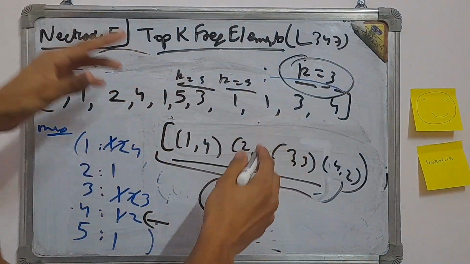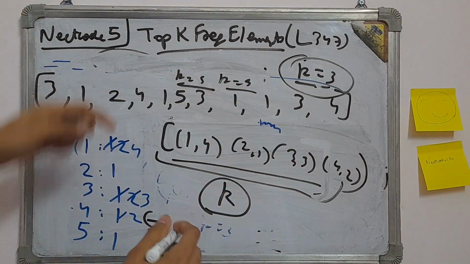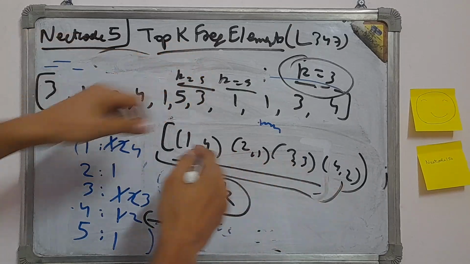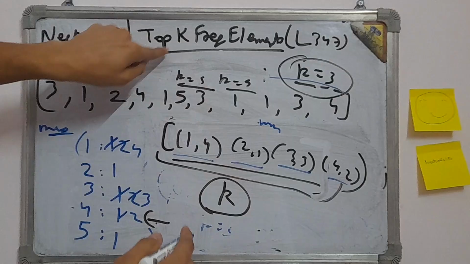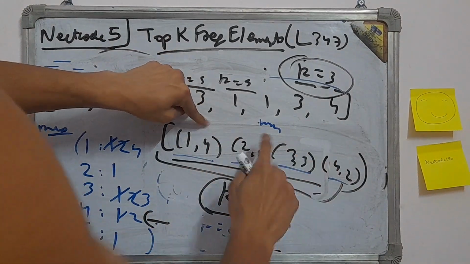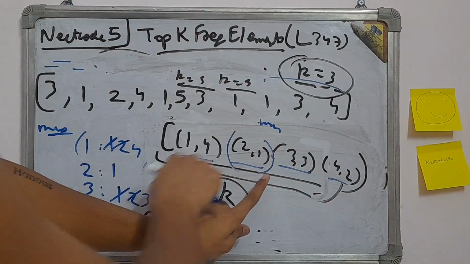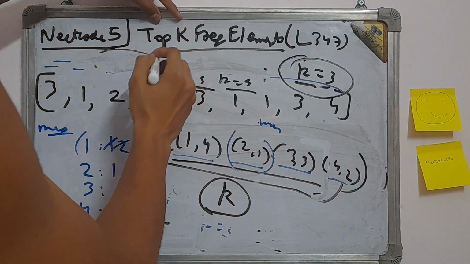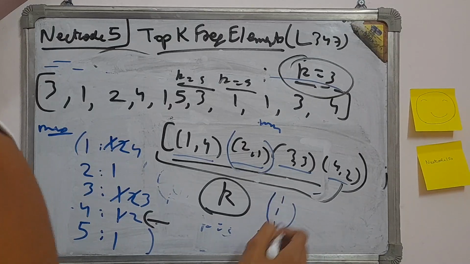So what we are going to do is, that's why we took min heap and not max heap, because we cannot remove this because this is a higher number. So out of these 4 options, which one of them is the least likely to be our top k frequent? So we compared them with each other. 4, 3, 2, 1. That means this element will definitely not be the answer, because these 3 are greater than this. If we have to take top 3, like if there are 5 guys and these are the top 3,